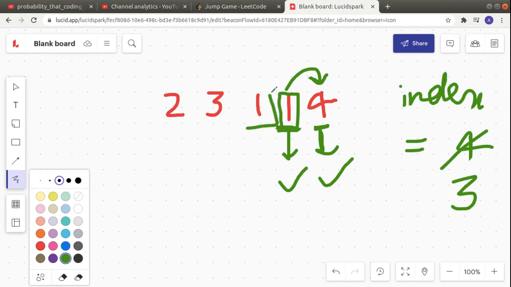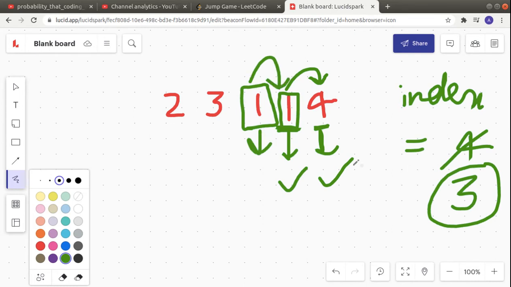Okay, so let's go to the next index, which is the left index of the previous index. Now from here, can you reach the index number 3, or can you reach the second last index? Of course you can reach, because you can jump one distance. So you can jump one and you can reach here. Now you know that if you reach the second index or the third last index, in this case which is the second index, if you reach the index which is having a value of 2, right, then that means you can reach the last index, because from third last index you reach the second last index, and then from the second last index you reach the last index.